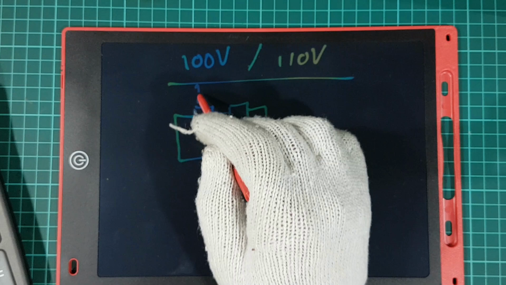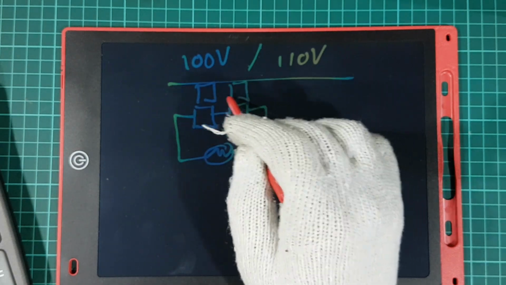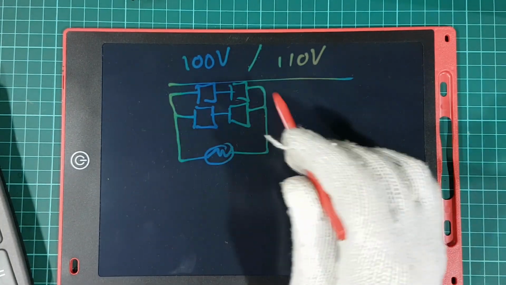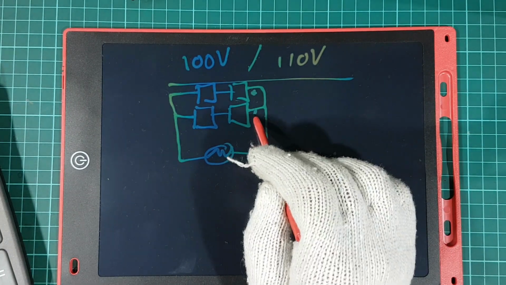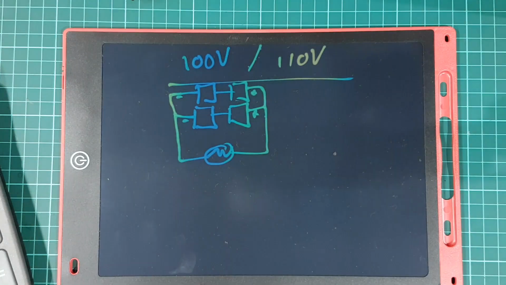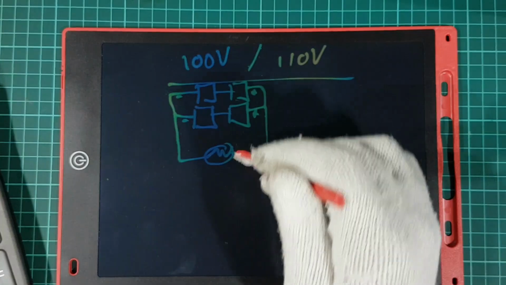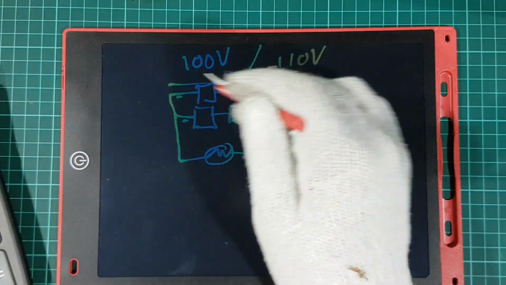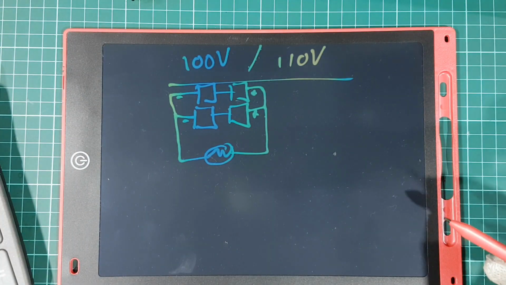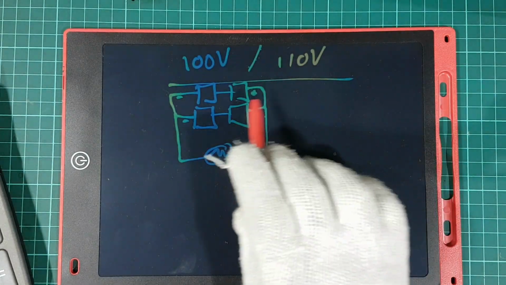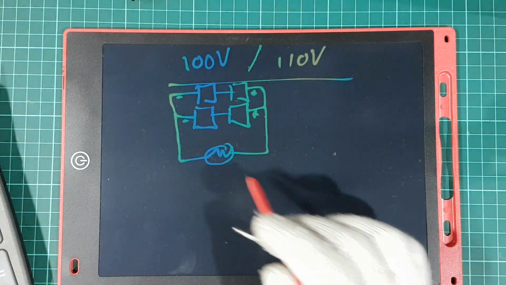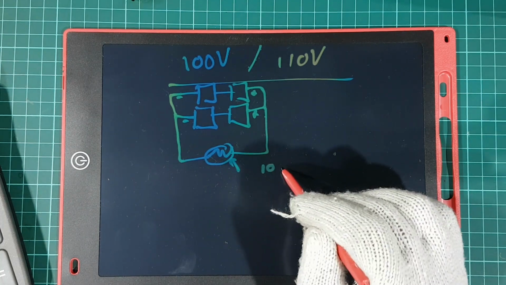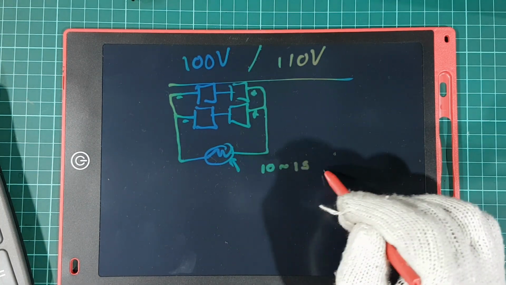So in order to get a bit more power, you will have to add a second set of panels in parallel with these, connected like this, plus on plus and minus on minus like that. In this case, you'll be able to get up to 2000 watts to push into this if you've got 500 watt panels. So as you can see, in lower voltage countries, this is what you would use, something similar to this to drive your element. In your case, this element will be somewhere between 10 and 15 ohms.